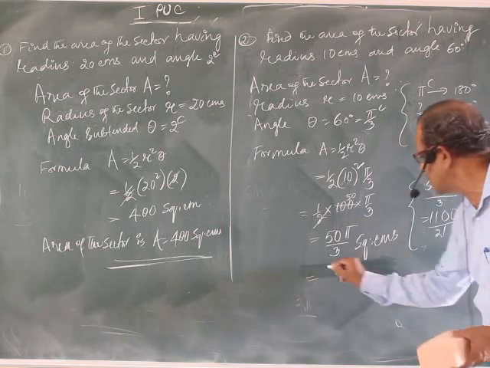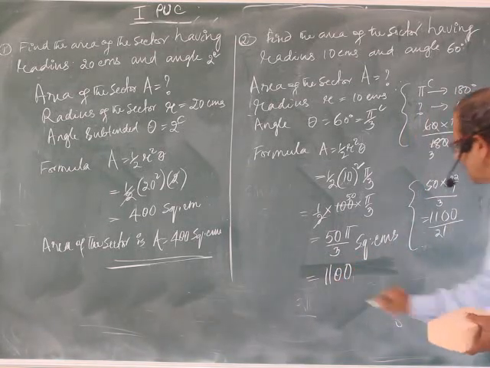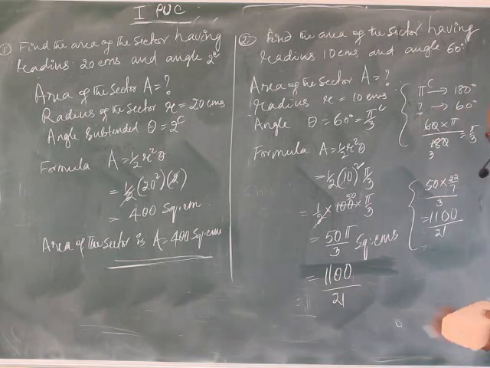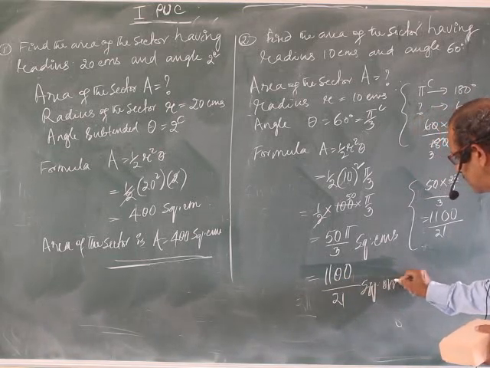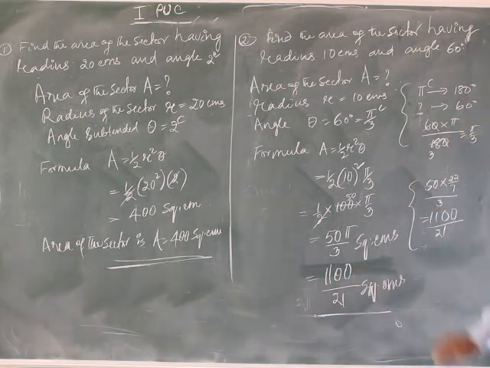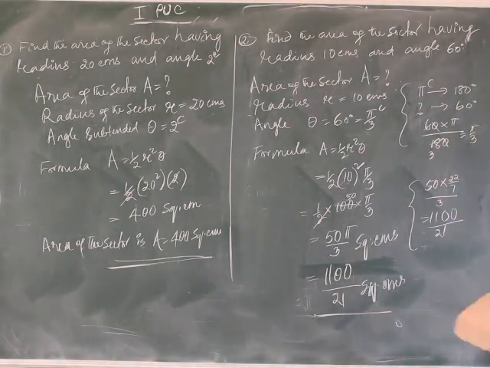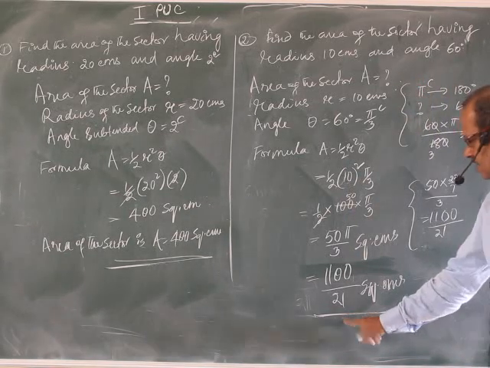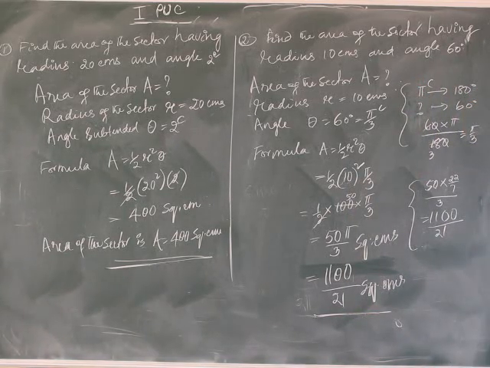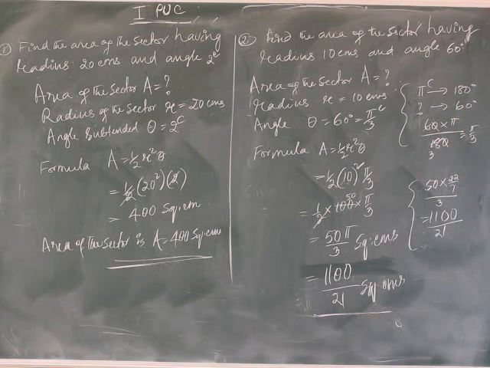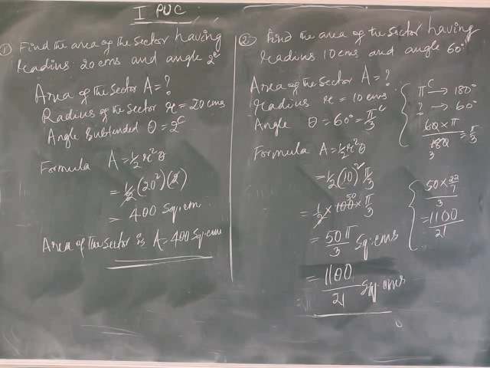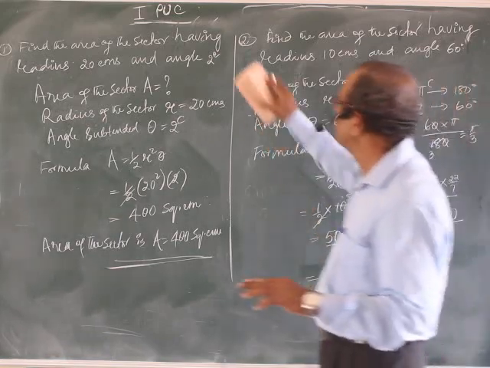Let me write that one itself. Divided by 21 square centimeters. Dividing, it is left to you. Divide the numerator by 21 and get the answer in a decimal form. Anyway, so area of the sector is this one. Write the notes correctly without making any mistake.